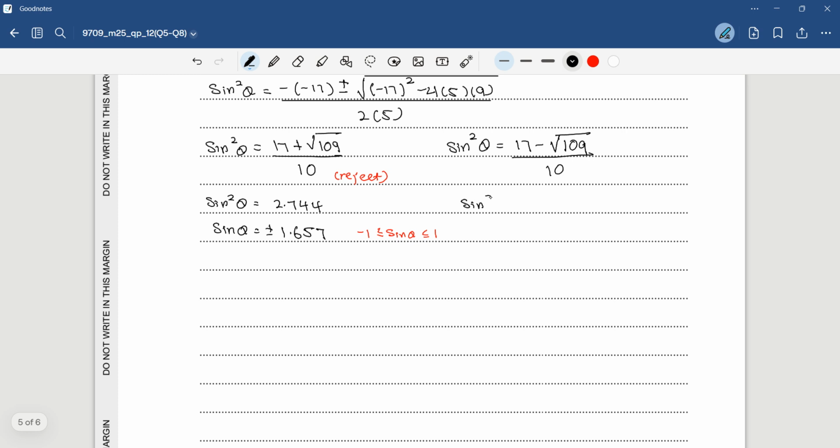where sine square theta will be 0.65597. Therefore sine theta will be plus minus 0.8099. Okay, then for reference angle, you can choose not to do this, because it's already rejected here. So for reference angle, it will be